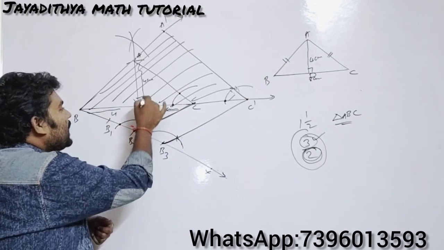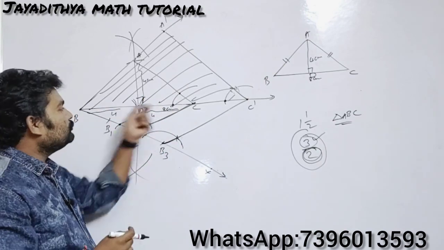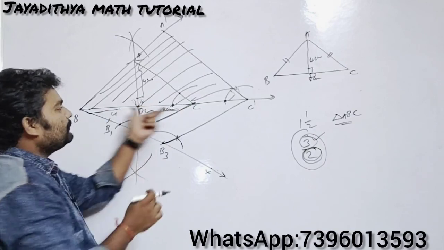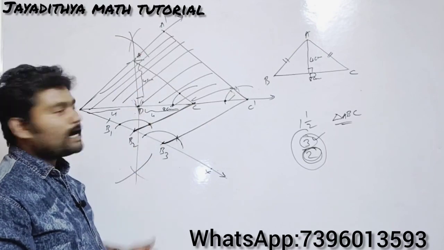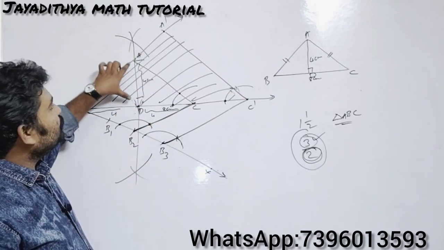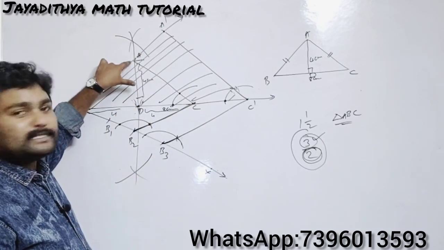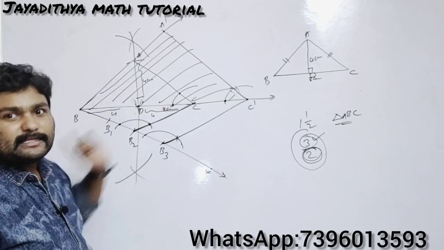If you draw an arc, both the arcs will be cutting here only. That's why you should take more than half radius, and you should draw arcs on the top and bottom, and from C with the same radius you cut both the arcs, draw this one, and from D you take 4 cm radius and take the vertex A. Join AB and AC now.